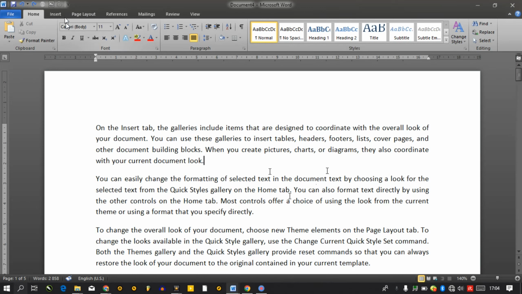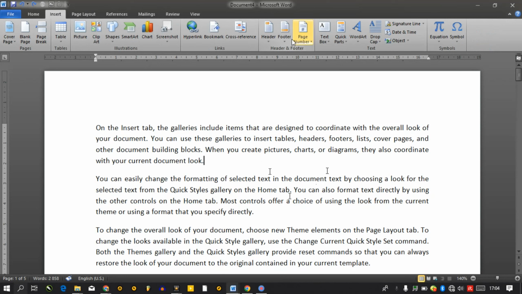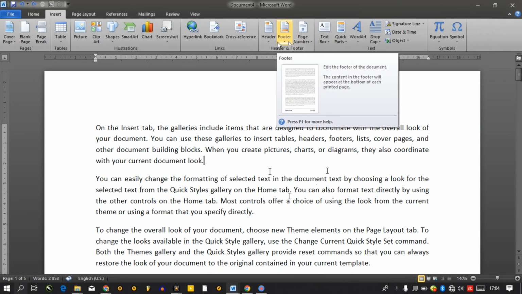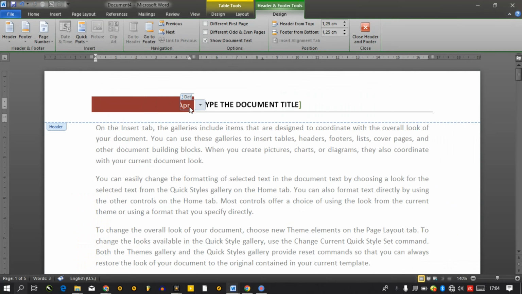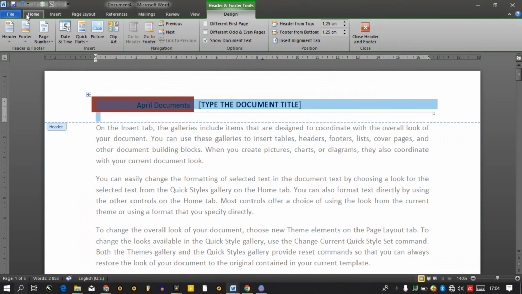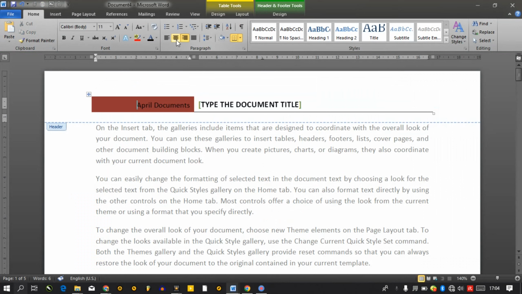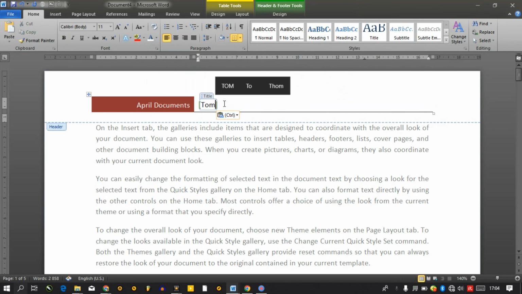So what you need to do is to just go under your insert, go to the header and footer. I'm going to talk about the header because the header and footer are the same thing. The only difference is that the footer is at the bottom and the header is at the top. Okay, I upload the document. I'm transforming this to white, so I can select it and transform it to white color. Then the document here, the institute, maybe